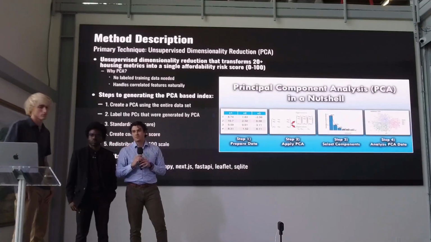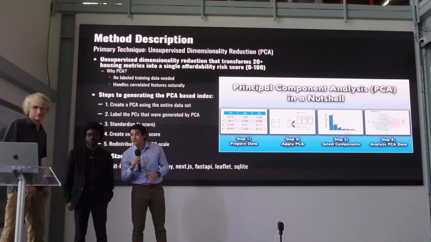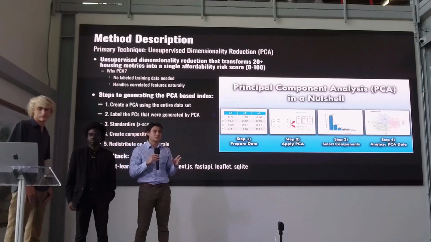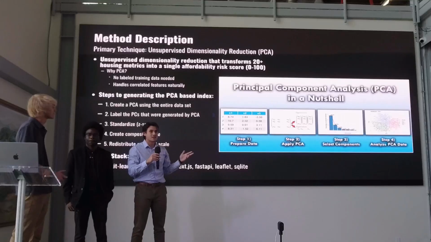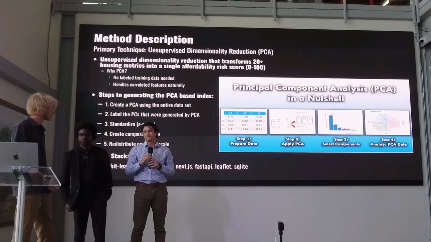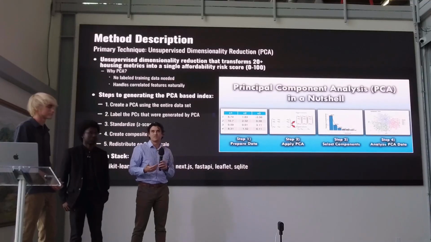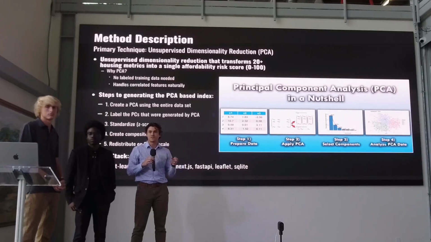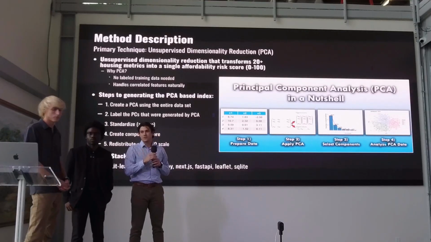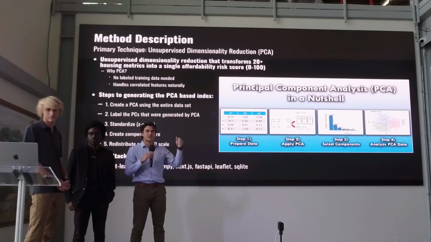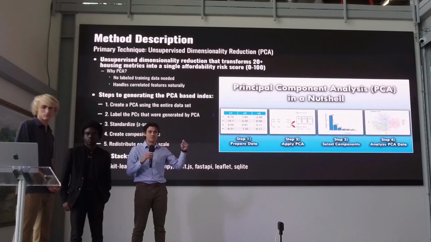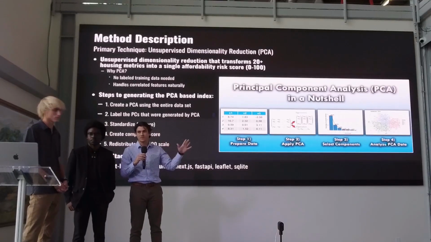So our method description, we used unsupervised PCA. And so why do we use this? We didn't have any label training data to correlate with until afterwards we found a data set of evictions for particular tracts, and we sort of correlated to see how accurate we were. So we tried to pull out from the data set which features were most correlated with each other to try and derive some insights. So our main 5 steps.